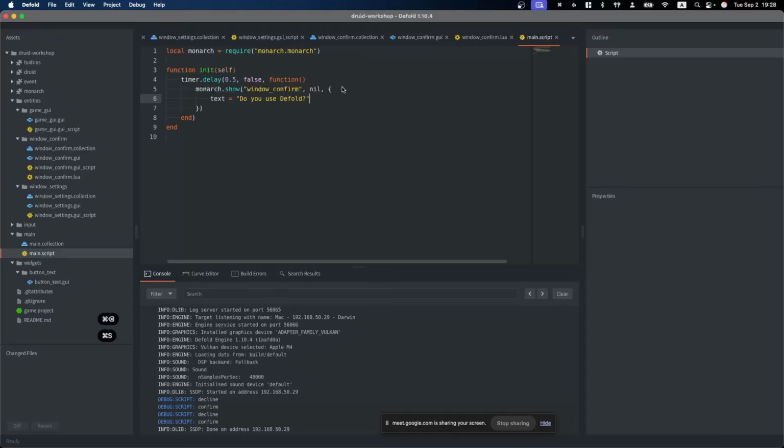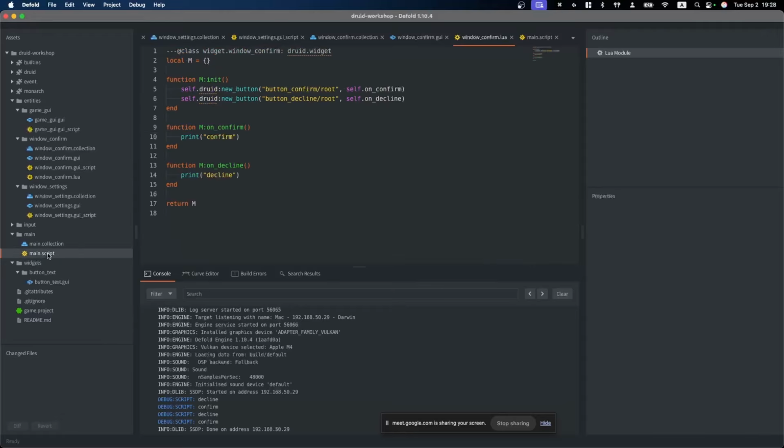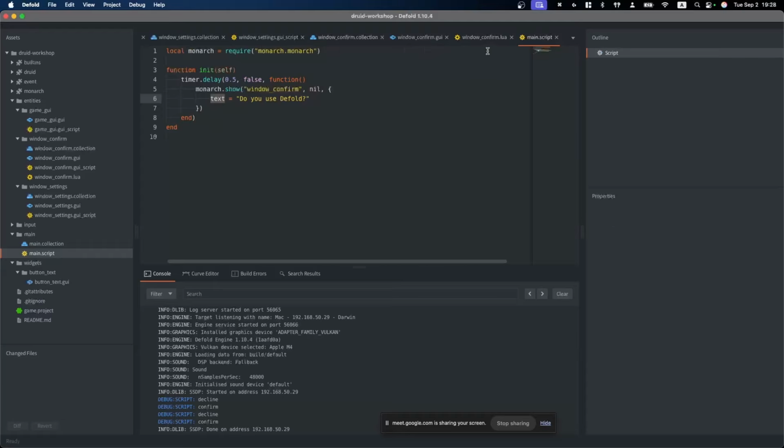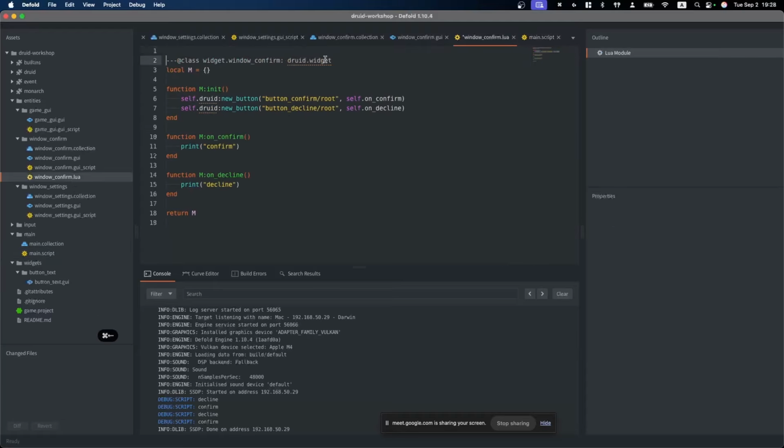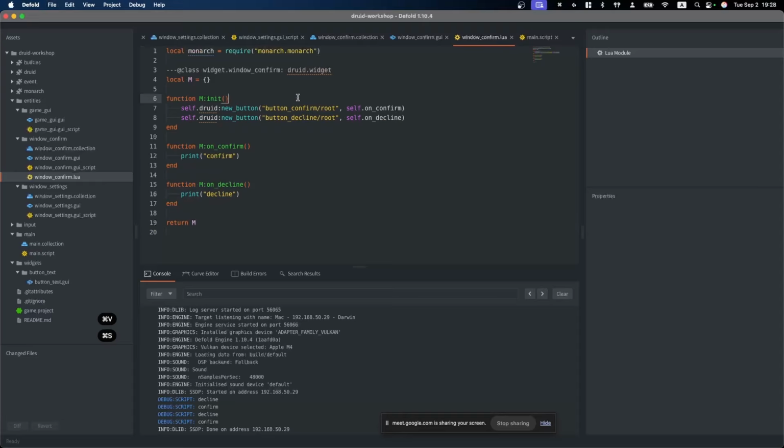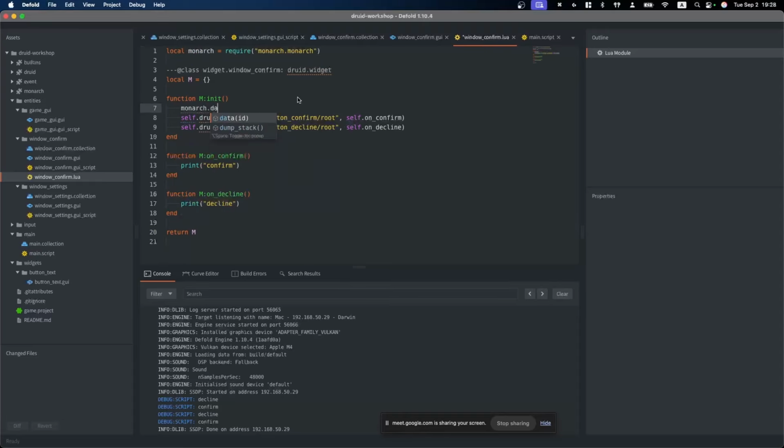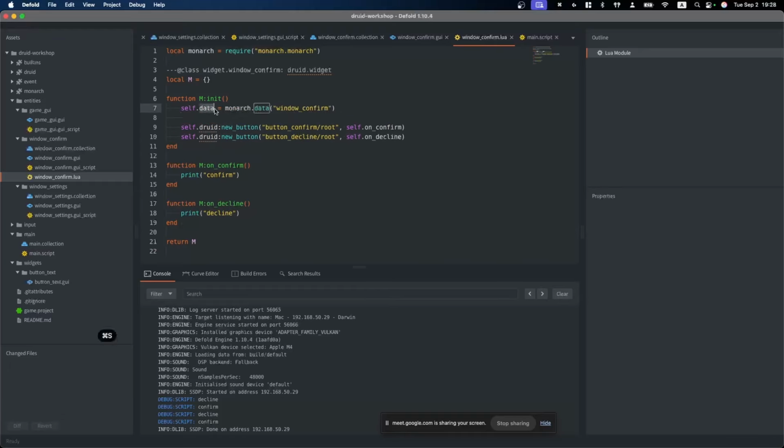The question is how to use this text inside our window config. The answer: we can use the Monarch data function to grab the data itself. So self data equals monarch data. Right here we have the data, exactly the same data as we passed in the main script.